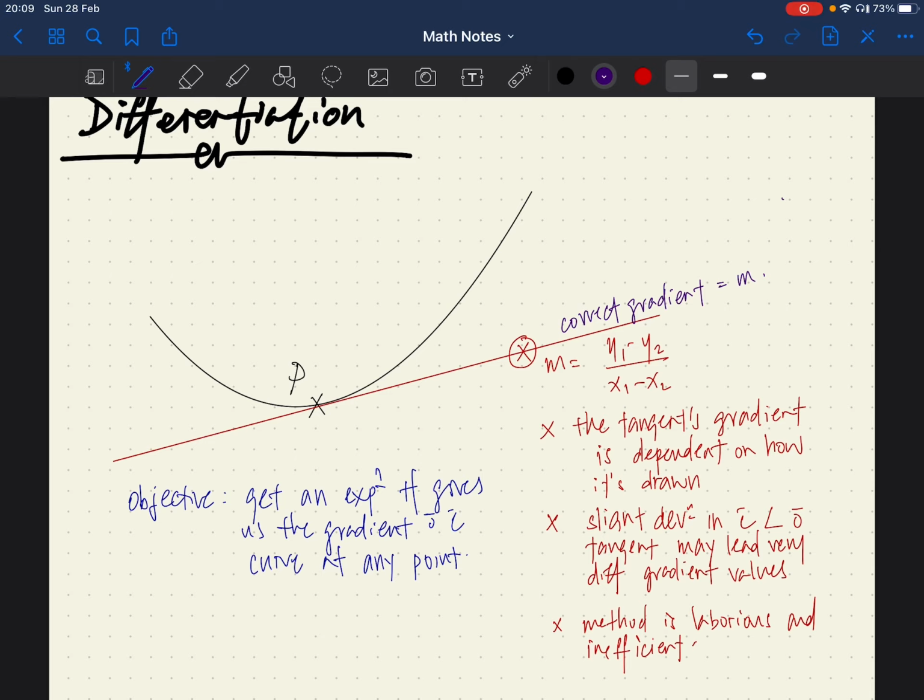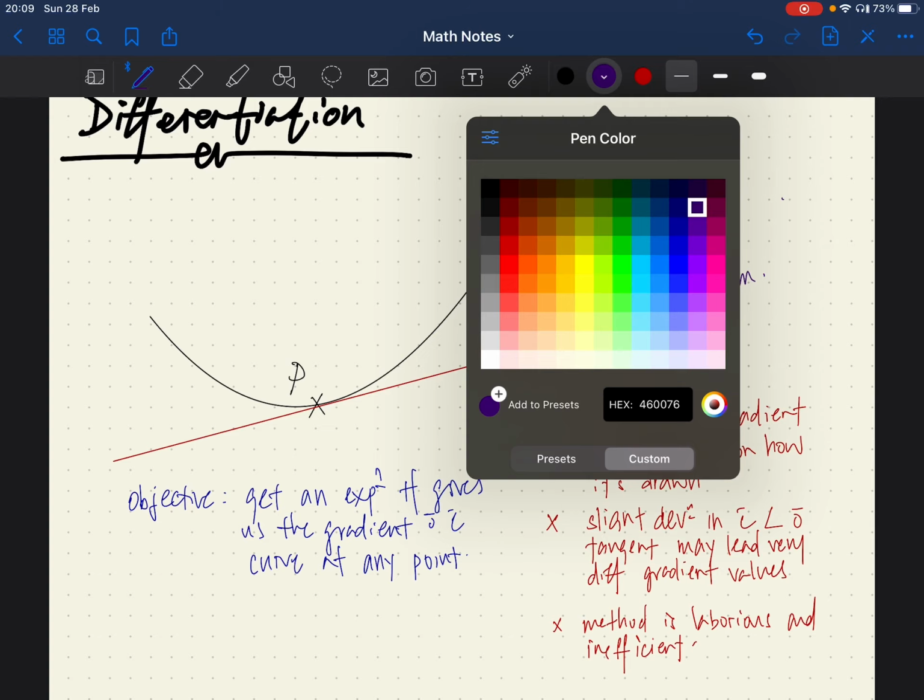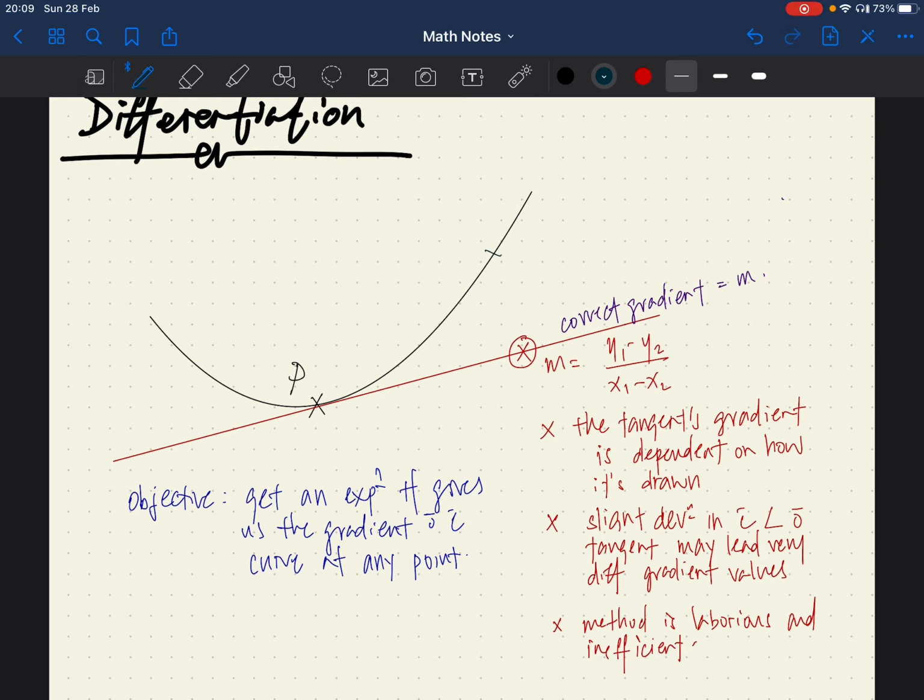Firstly, without drawing a tangent, let's use another point Q here on the curve, and we join P to Q, then we can calculate the gradient of PQ,